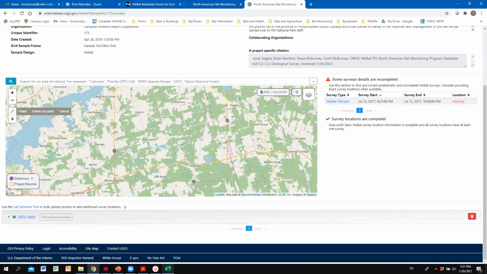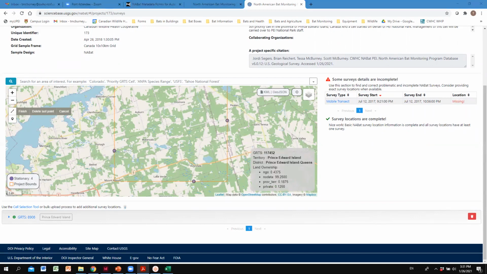Okay, and I can start drawing my line. So you can't see this, but on my other computer screen, I have the image of my mobile transect pulled up so I can follow that as I draw. I would recommend doing that, at least know what the coordinates are as you're drawing so you can follow along. Or if you know your route really well, you can just draw it from memory,